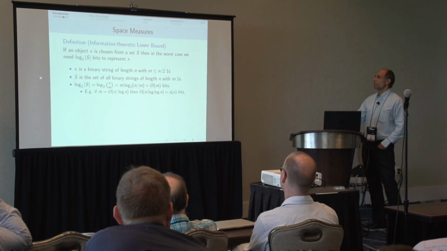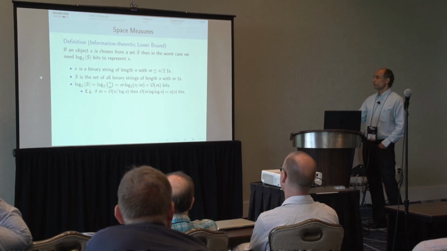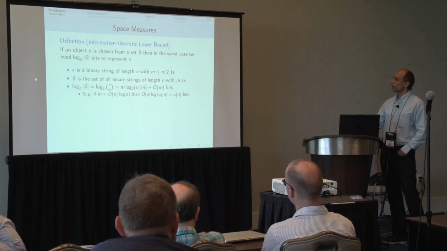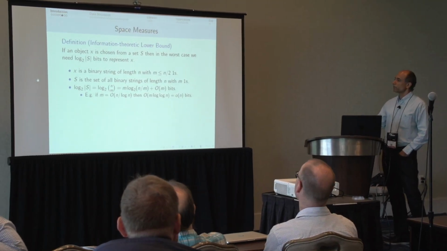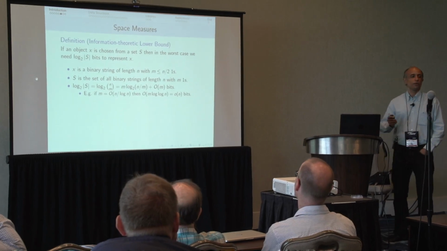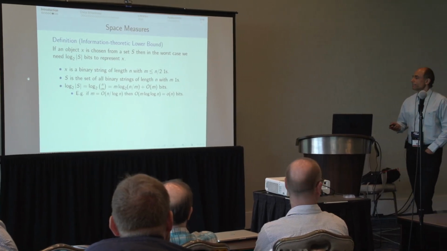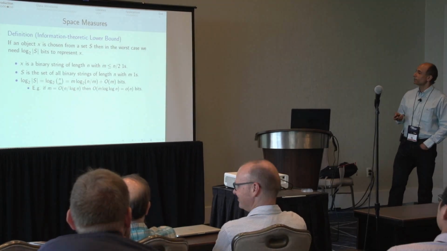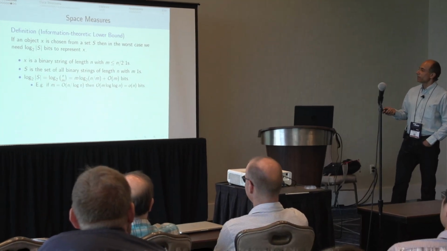So my information theoretic lower bound is the log base 2 of the size of the set, which gives you this expression over here. It's a kind of ugly looking expression. If you work in succinct data structures, you will learn to love it. It's actually quite a useful little expression. And what this means, for example, is that